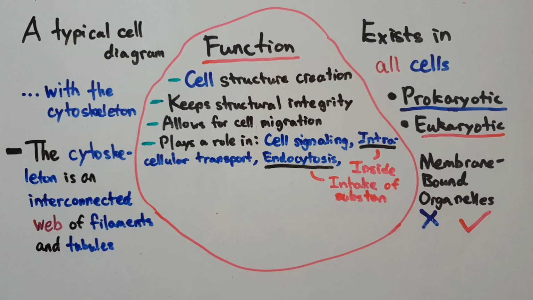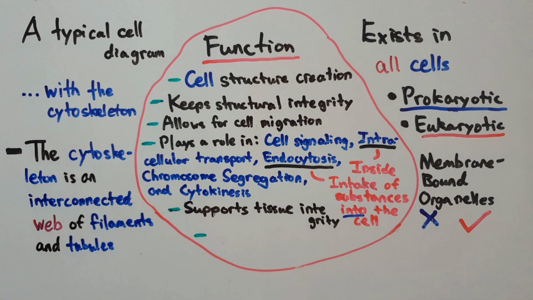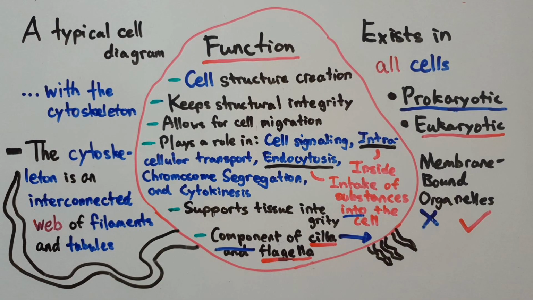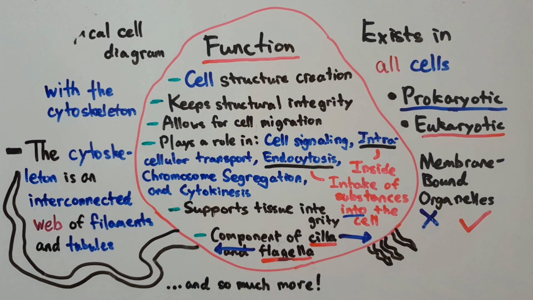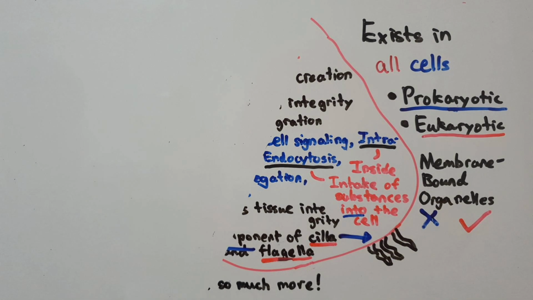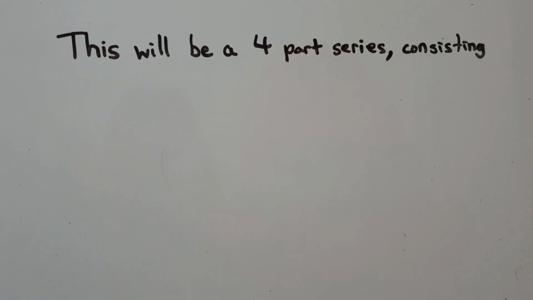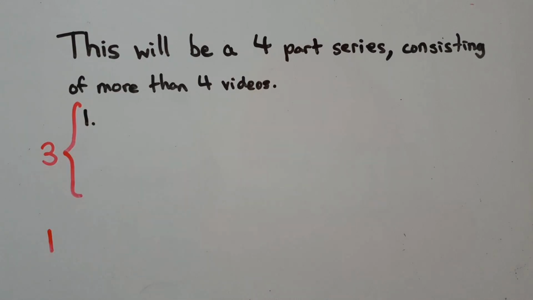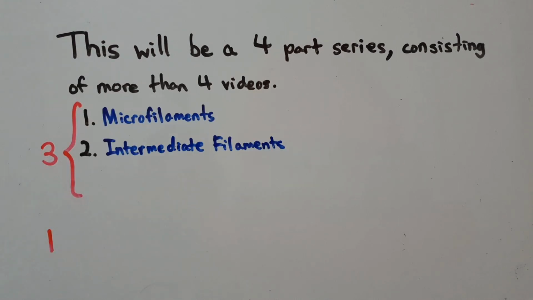intercellular transport, endocytosis, chromosome segregation, and cytokinesis, the last two being part of cell division, supports an entire tissue's integrity, forms other additional structures like flagella and cilia, and so much more depending on the type and function of the cell. This will be a four-part series, the first three of which will explore one of the three main components